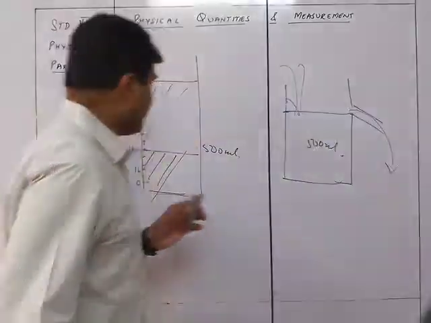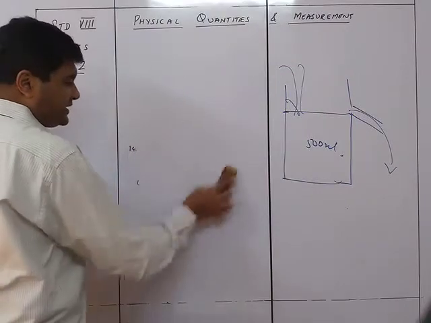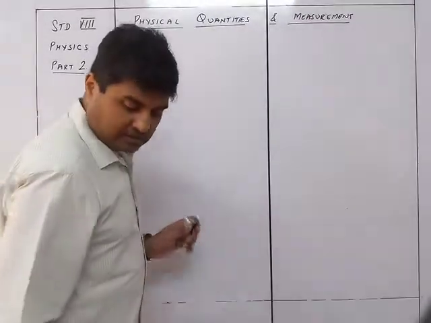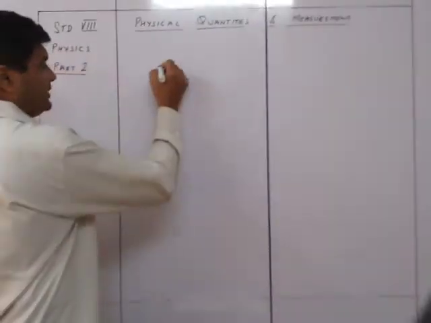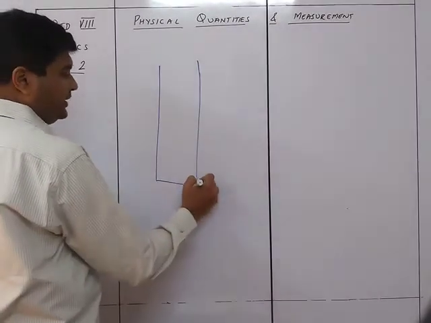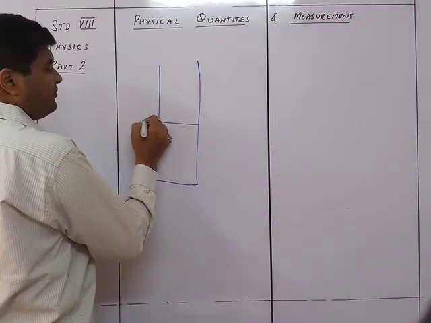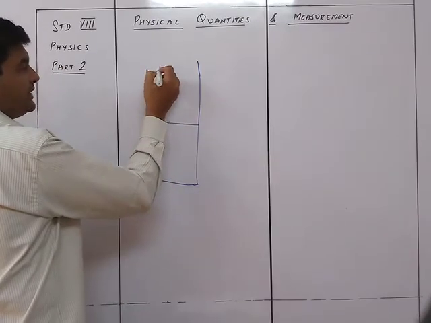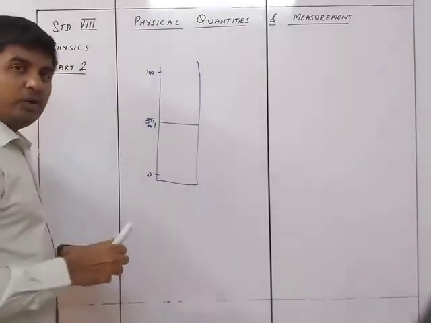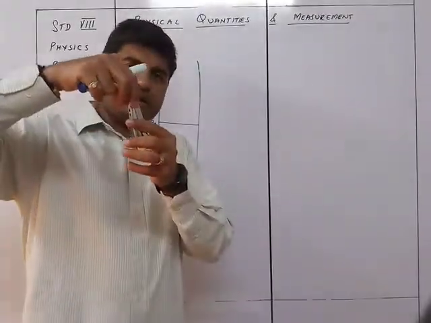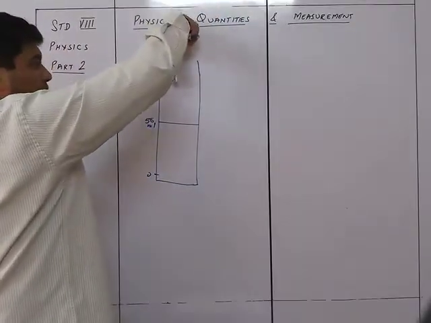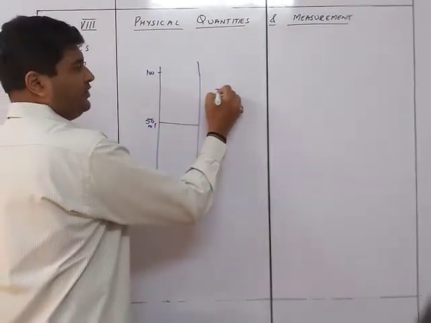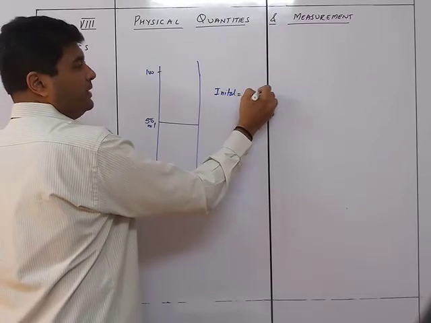So what will we do? We will take a beaker like this. So we'll take a measuring cylinder like this. Suppose I take this measuring cylinder, and in this measuring cylinder I have taken water up to, let's say, the 50 ml mark. This is 0, this is 100 ml maximum, and this is the 50 ml mark. I will tie a thread to this particular stapler and allow it to go inside. So I know that the initial level was 50 ml.